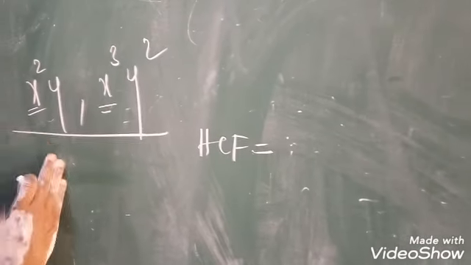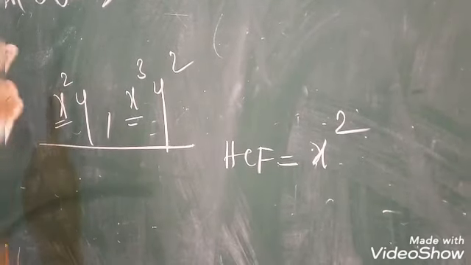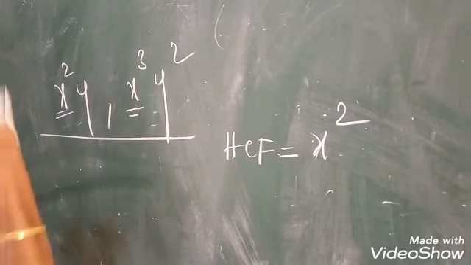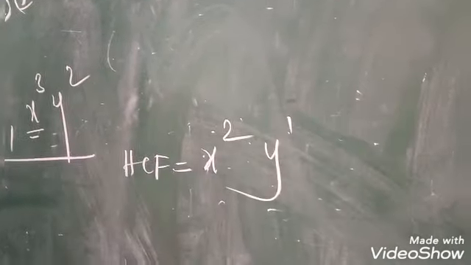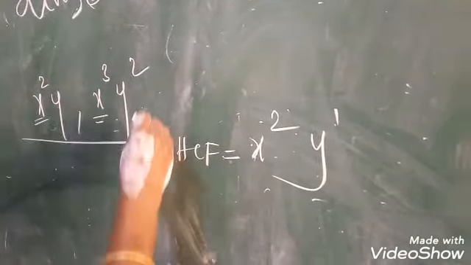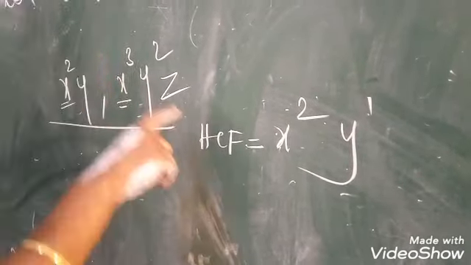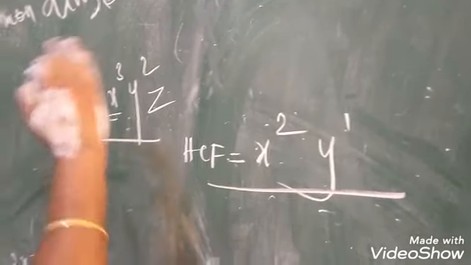If the variables are common, the degree should be least. The degree should be least means between 2 and 3, the very less degree we have to take in the common variable. Understand, girls? Here we have to take 1 and a square. Here 1 we have to take, the common variable. Suppose another term z is there, that means we should not take it, because for the LCM we have to include it. Here the HCF or GCD should not include it, because if the common variable is not there you should not take it. Okay, girls, if common, we take the lesser degree; if not common, we leave it out. That is GCD.